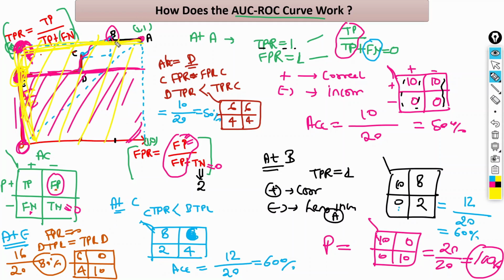It means this particular area. The graph would be like this, the ROC curve, this yellow line. This is the ROC curve, right? So this way we can interpret the AUC ROC curve at the different points. And using this particular area, you can check how your model is behaving.